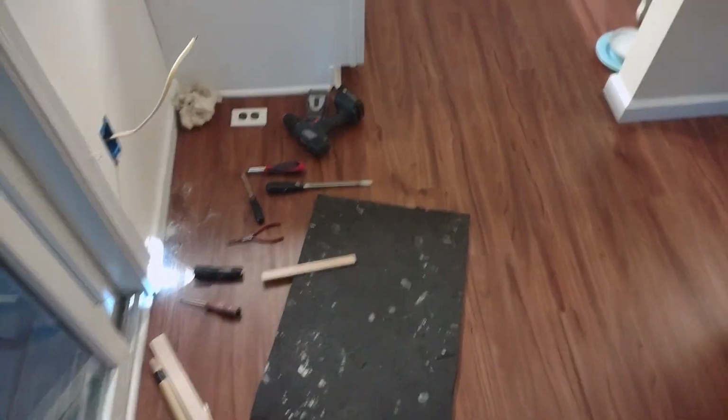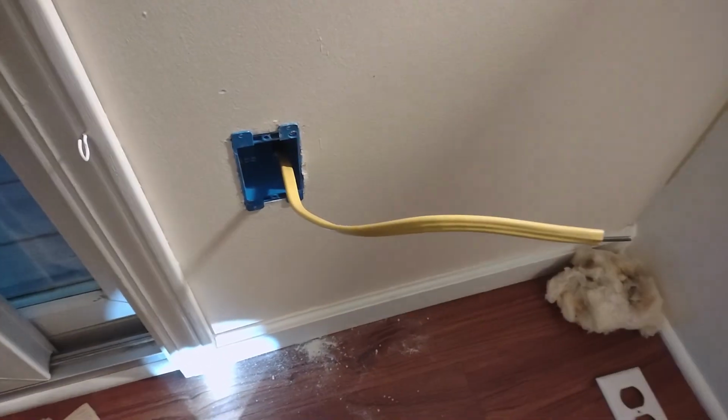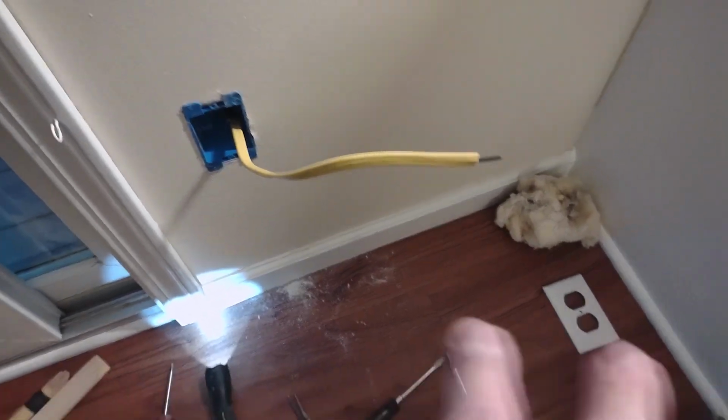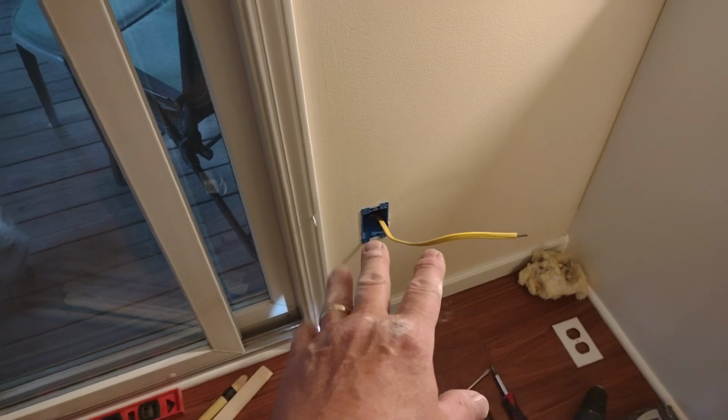Then this is a box I just cut in, and we've got some 12-2 Romex, and then I'll put an outlet there, and then we'll be able to plug into that, or plug that into our EcoFlow Delta battery packs, which